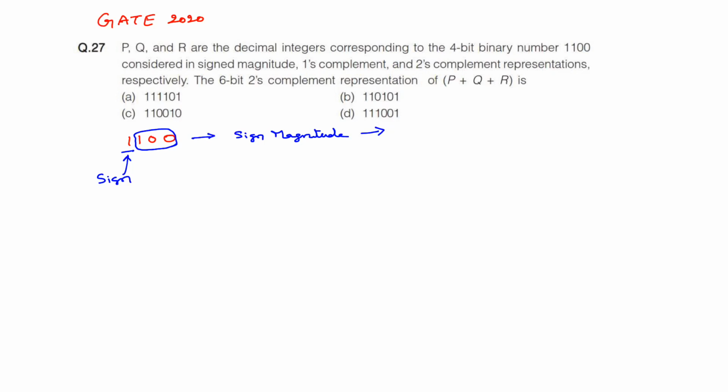Since the MSB is 1, the value is negative, and 100 corresponds to 4 in decimal. So the sign magnitude value of 1100 is -4. Next,